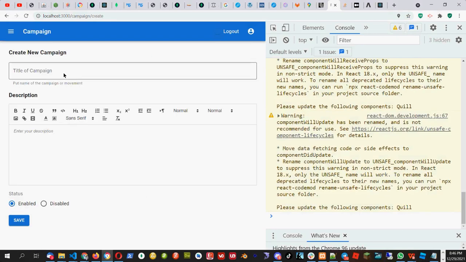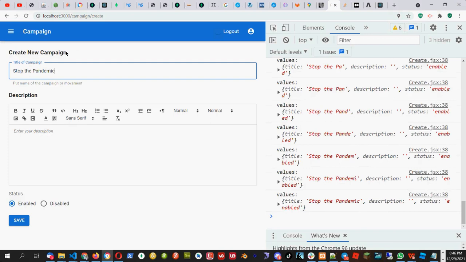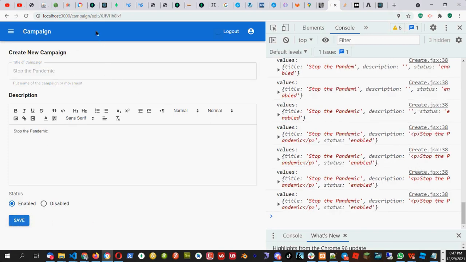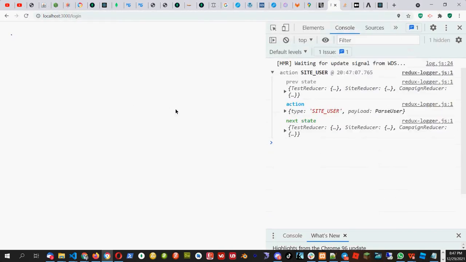Let's create a new campaign now: Stop the pandemic, something like that. Let me put this same description. I'll go to admin to approve it.